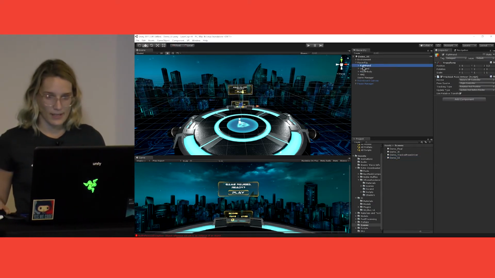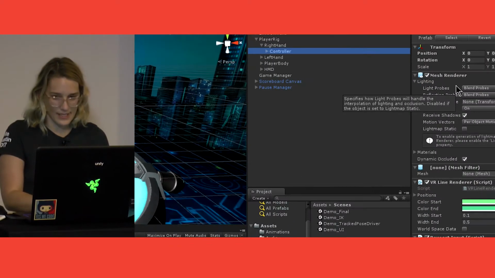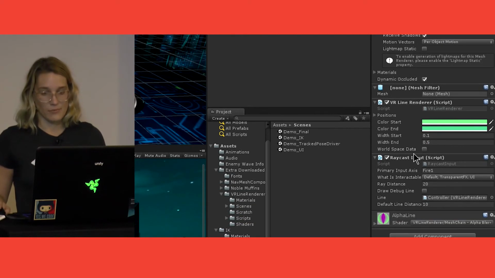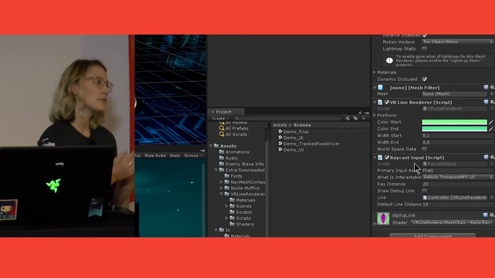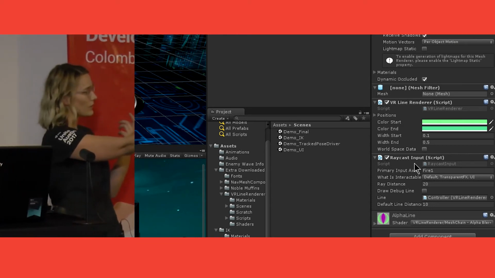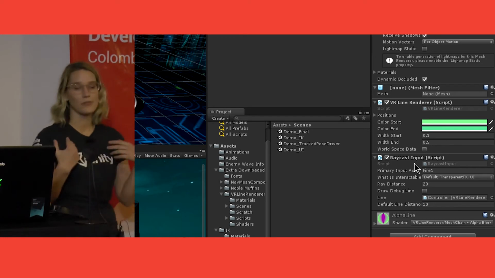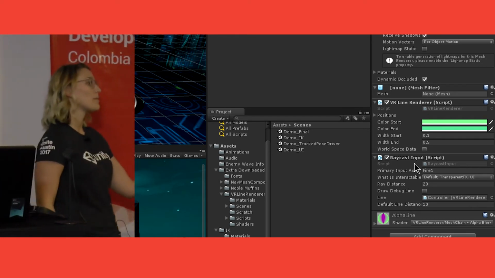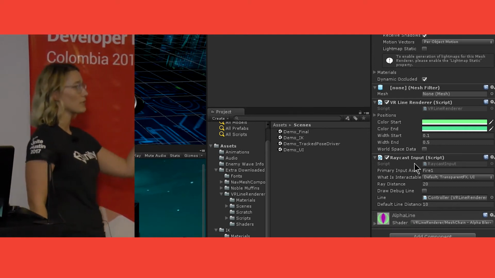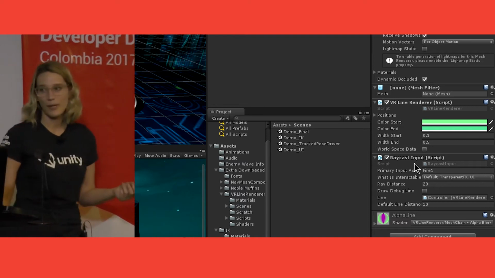to my right hand, and my left hand. And this is a raycast input script. So what this script does is it allows you to shoot a raycast out of your controller, and that raycast will interact with your UI. So you can use this for interacting with just traditional canvas UI, or maybe you want to give your users the ability to reach objects that are out of their reach, like they can just extend their arm a little bit.